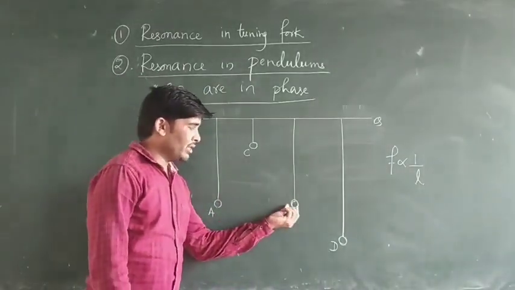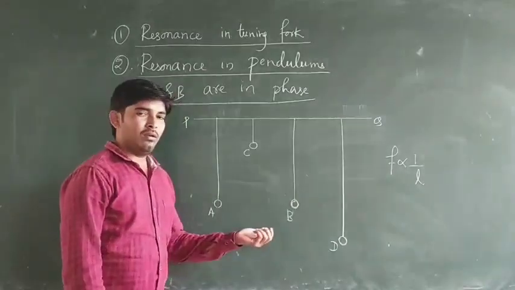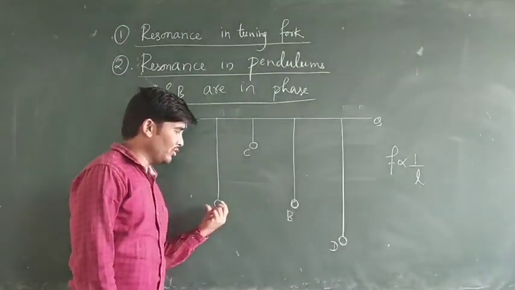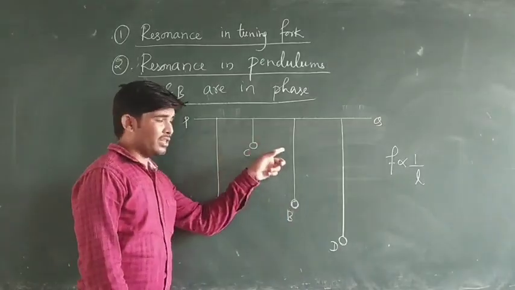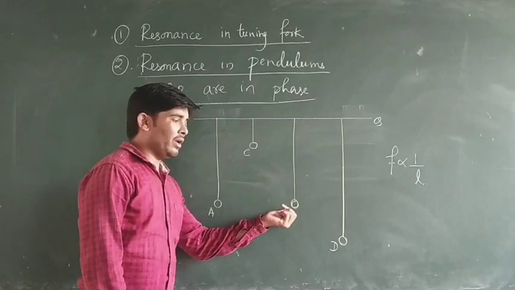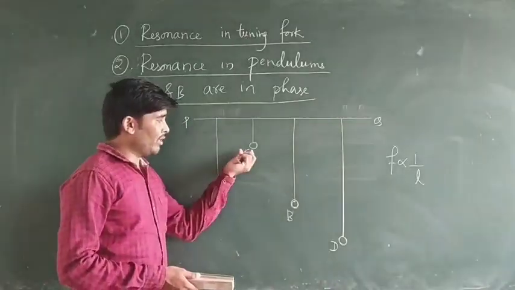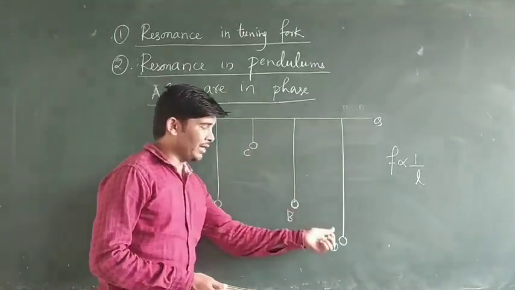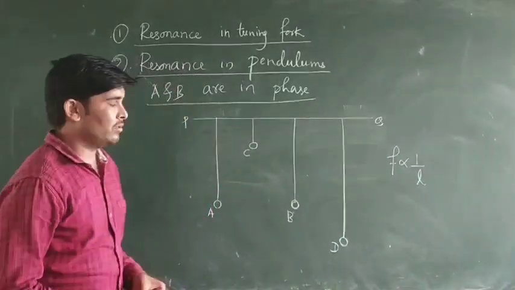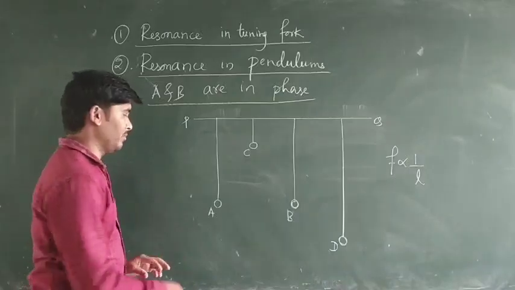So, very important question. Which type of vibration will take place in the pendulum B here? That is resonant vibration. Why? Because due to the equal length of these two pendulums, energy is shared, and due to that reason, the pendulum B started to vibrate under resonance. And what vibration will take place in pendulum C and D? That is forced vibration. So this is how the resonance will take place in a pendulum.